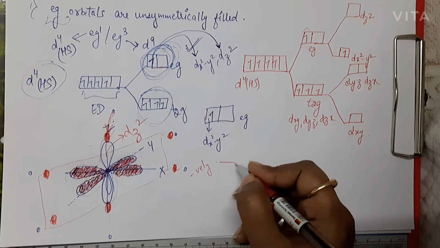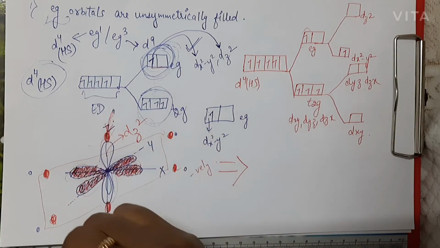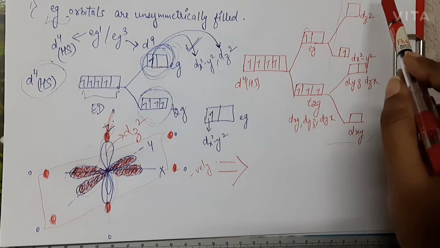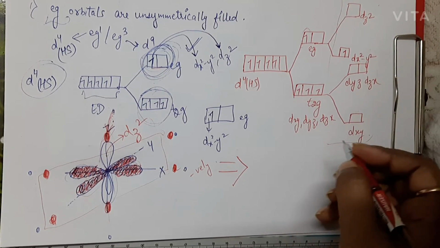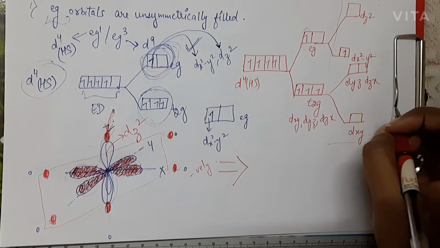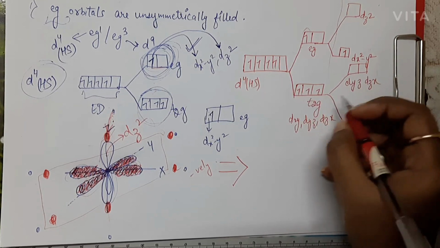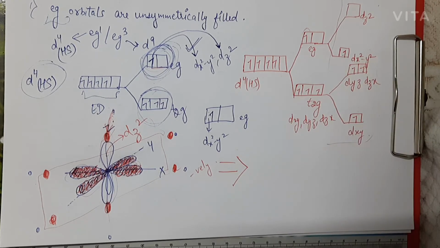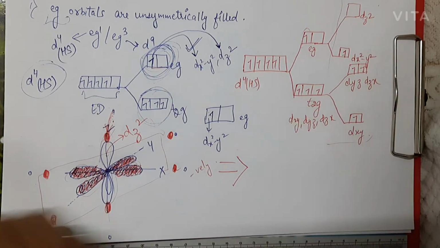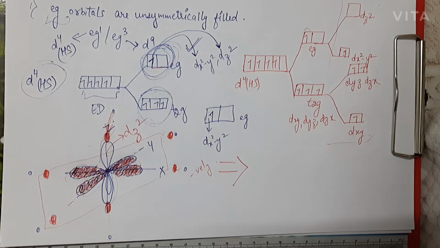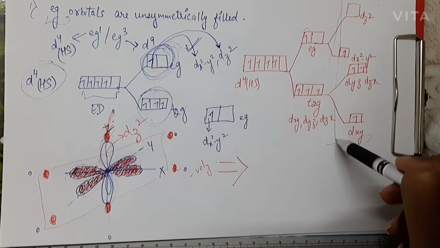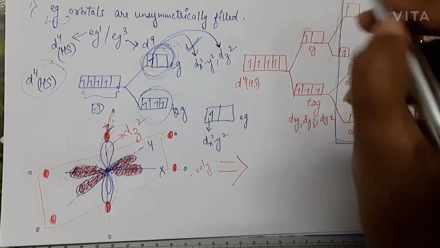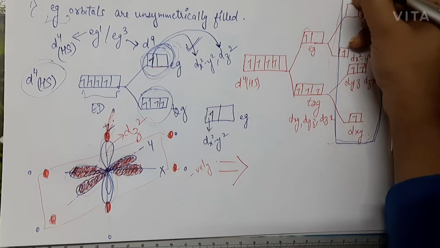So if we look at the overall molecule after this distortion and after this splitting, this is the second splitting which has happened. Now what happens? Okay, first we'll do the filling. If we look at the filling, we have to fill 4 electrons, so it will be 1, 2, 3 and this is 4. Now if you look at these orbitals, you will see that there are no electronically degenerate states present. No ED state is present here.